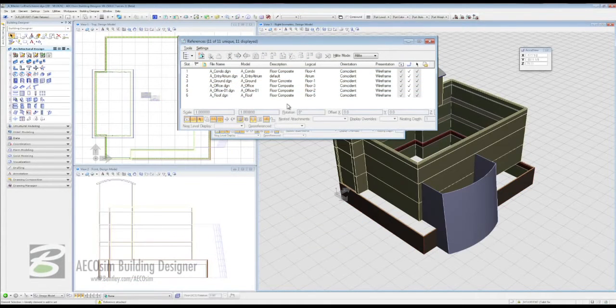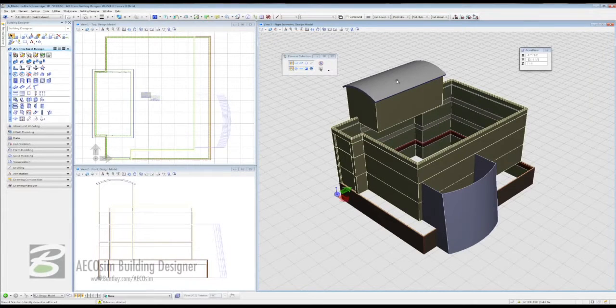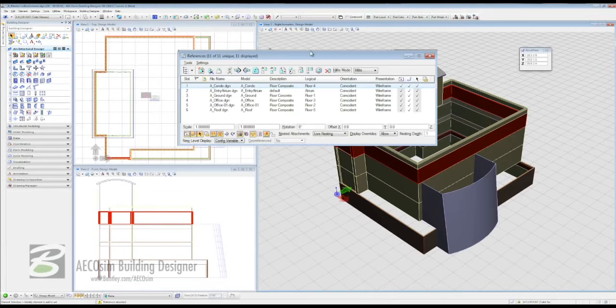And there we have the master architectural model as it stands at this moment. All the external fabric is finished. Obviously, windows, doors, any other fire openings and things like that will have to be placed in. But now we can, using the same power of Building Designer, use our references to reference in other